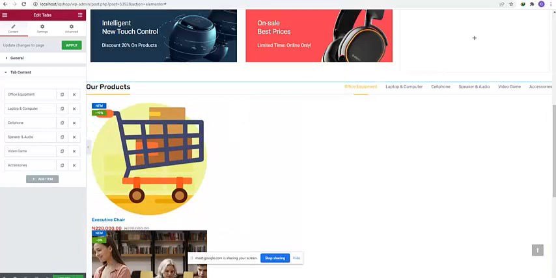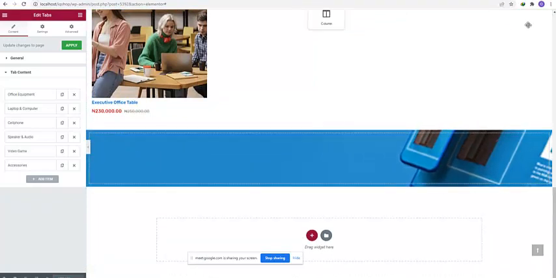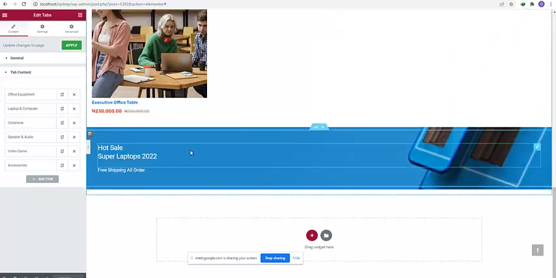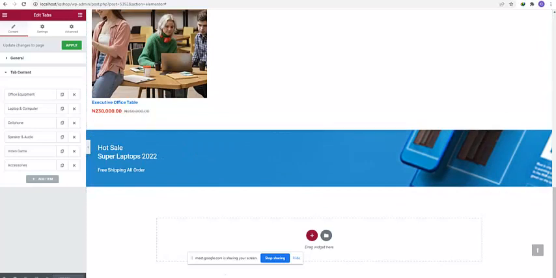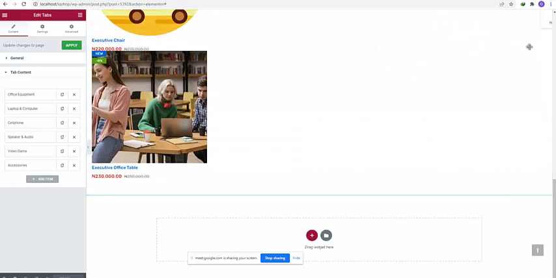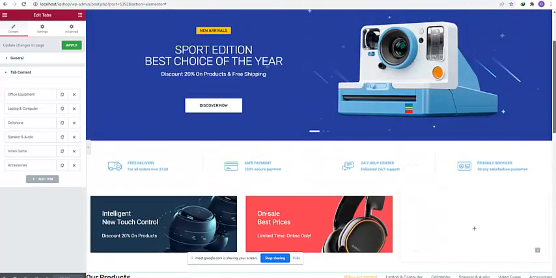Okay, now you can see that we have our office equipment as the number 1 in this particular page, and it has been updated. So let's see if this one will follow us now, and if it's not ready to follow us, we leave it. It still is behaving. I know it's because the other window that we opened down is large, so that's why it's not moving easily. But nevertheless, we can always